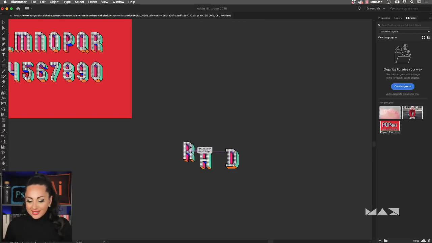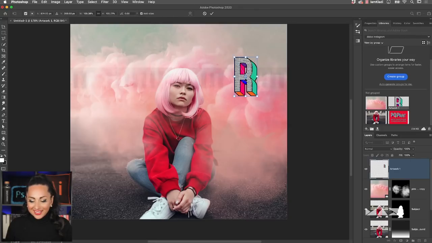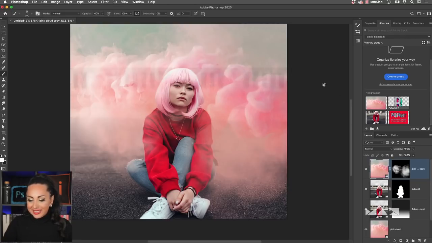Then we can start by bringing the letter R, and look what happens. The graphic gets added into your library and is ready to be used here in Photoshop. The only issue is that the colors don't really match. So we really want to make sure that we stick to our brand consistency. So before using these letters, I'm going to click on delete in order to delete this asset. I'm going to make sure to lift the color theme from the image that we've created. First of all, I'm going to create a smart object out of this composition.